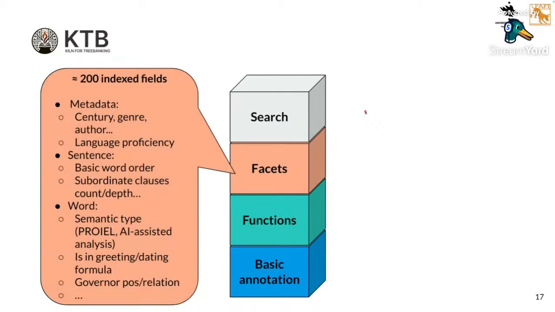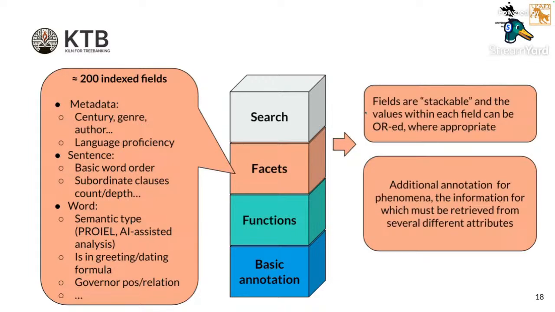And to date, there are more than 200, maybe closer to 300 indexed fields that tell you different things about words, about metadata, about basic sentence word order, and anything that was interesting to me while doing my research. And you can stack the fields, you can OR them, you can do all sorts of nice